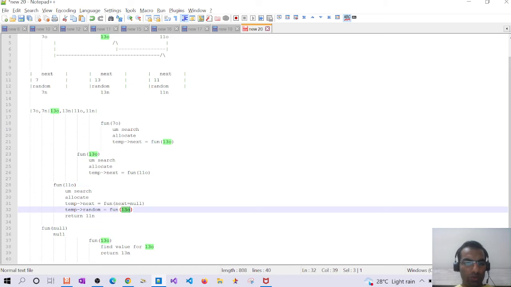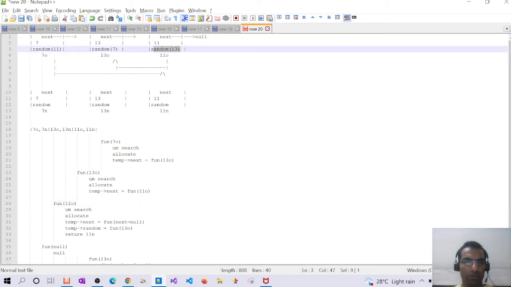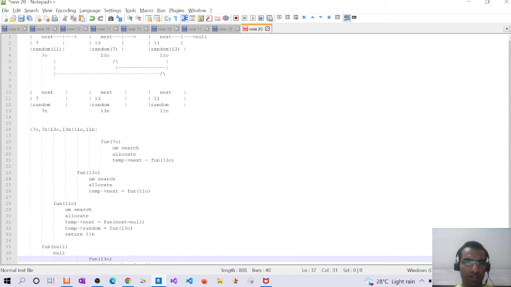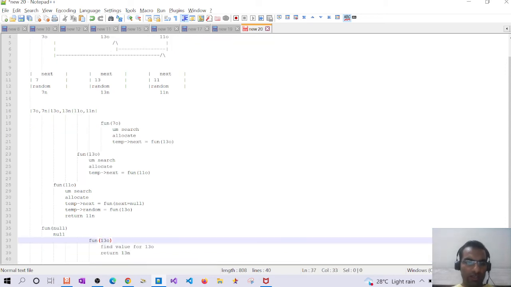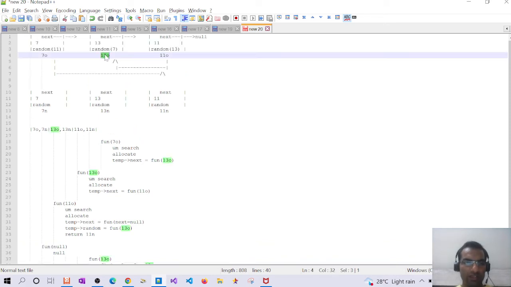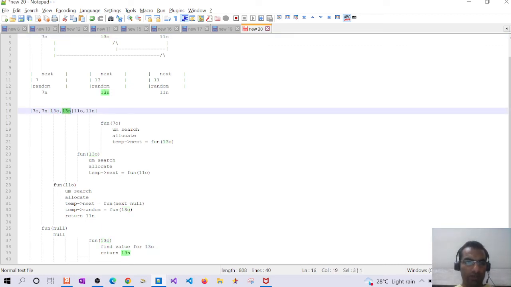Now we jump to the function for 13O. Why 13O? Because for the current node, the head, this 11, the random for this one is 13, so it will go to 13O. So it jumps to the 13O function, that is on node 13. Now on node 13 it checks whether I have a value in the unordered map for 13 or not, that is whether this address is present or not. So we already have filled this address in this step,